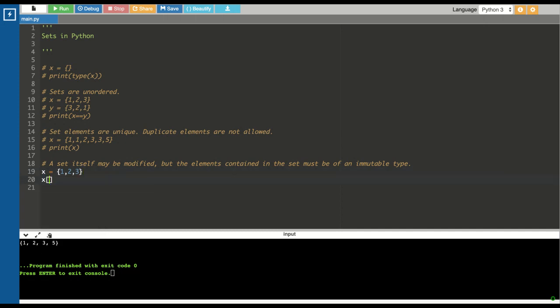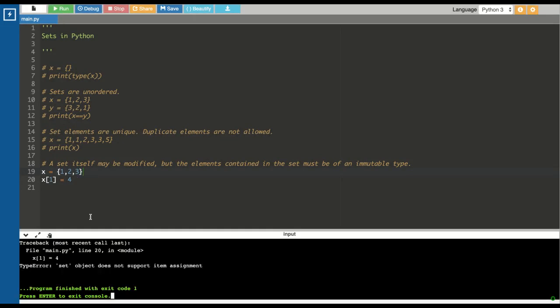Now let's try to change the value of 2 to 4. So we are changing the value of 2 to 4 within a set. Let's run that. Here you can see we have received an error. Set object does not support item assignment.